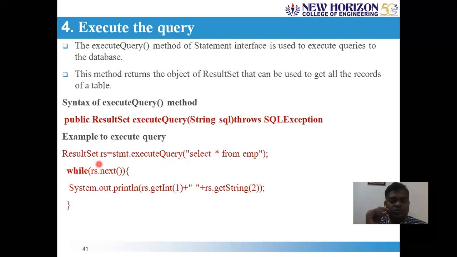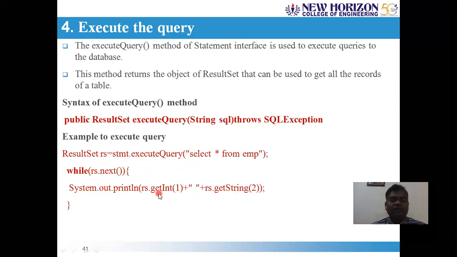Among the multiple attributes, you can process any sort of attributes, and if you have two attributes, you must know the data type of each of these attributes before it is processed. And this virtual pointer that refers to each of the rows, that is rs dot next, refers to the next row in the virtual table as a part of the result set object. Before writing this code, you must know the data type of the first attribute and the data type of the second attribute, and so on.